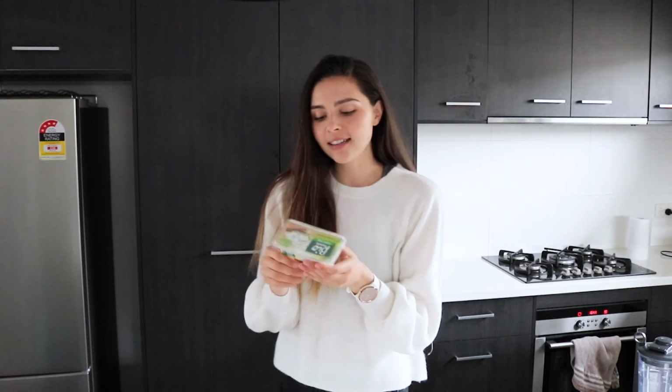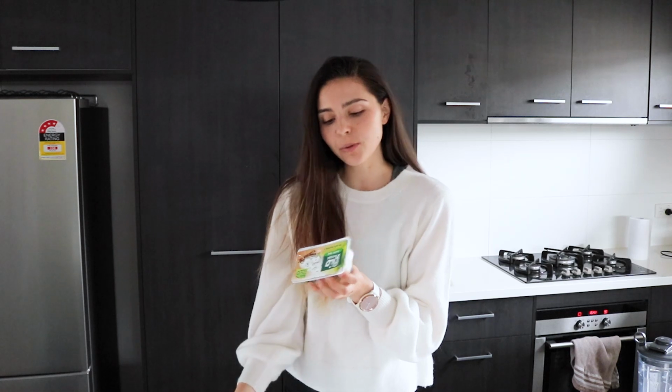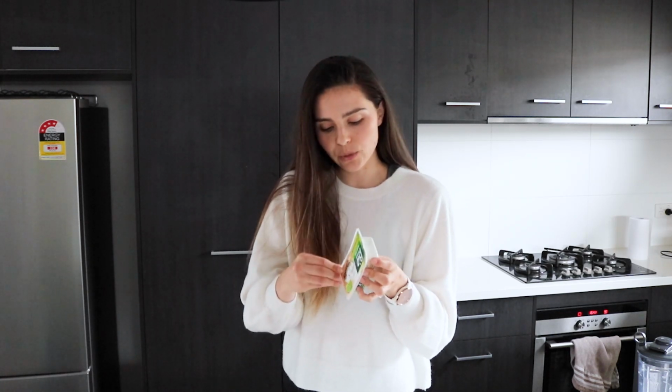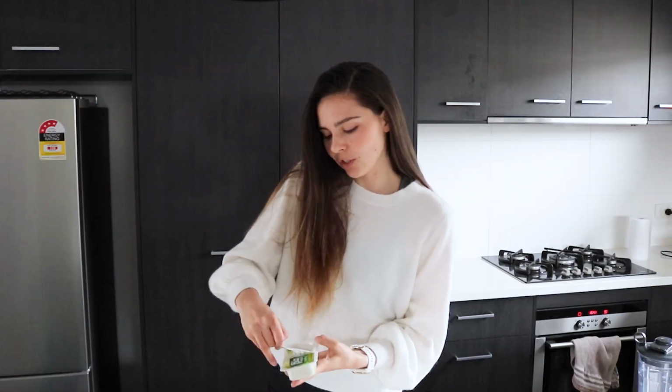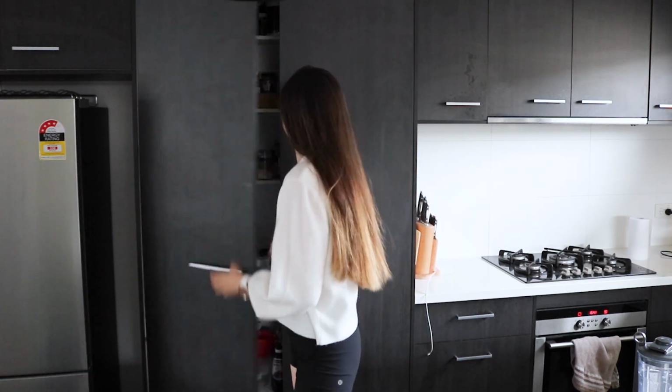So this is the brand of tzatziki. It's Bio Tzatziki. I'm really excited to try it. I haven't had tzatziki in so long, and this one actually says it's made in Greece. So, you know, as authentic as we can get, hopefully. This would be really good as a snack starter thing. And then